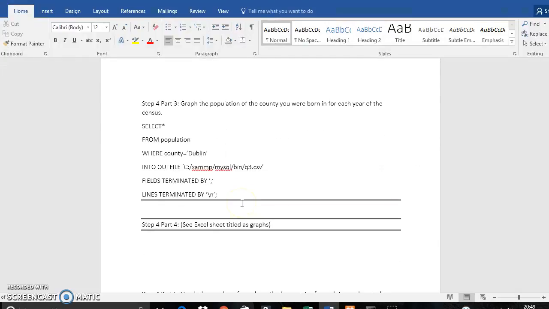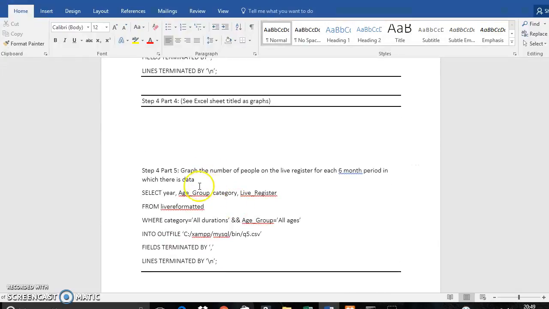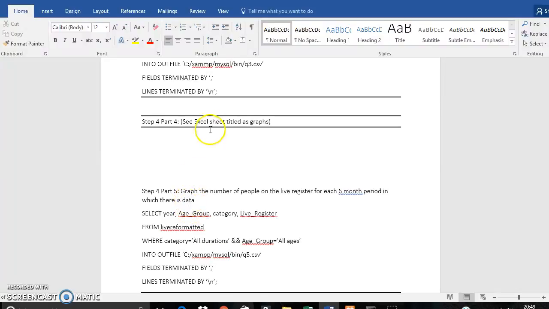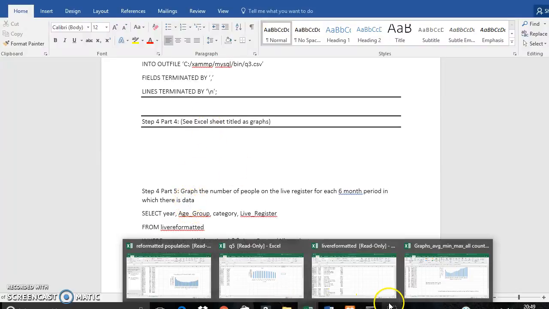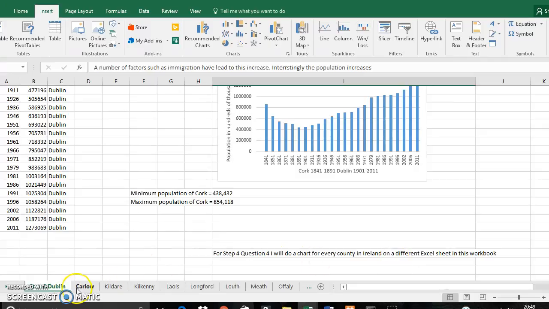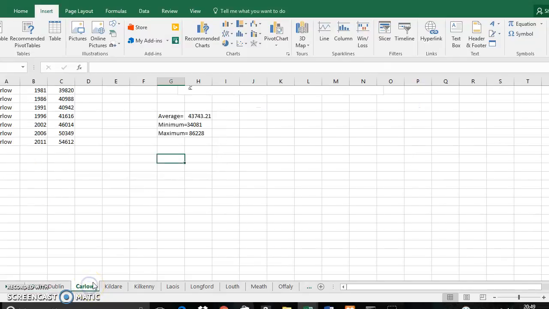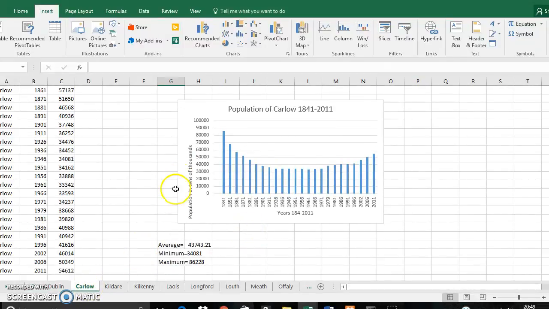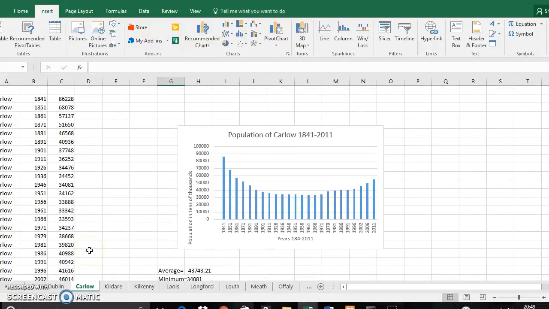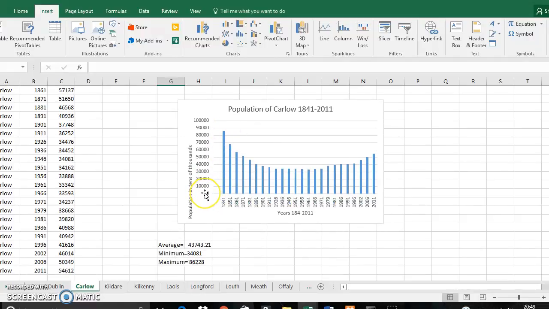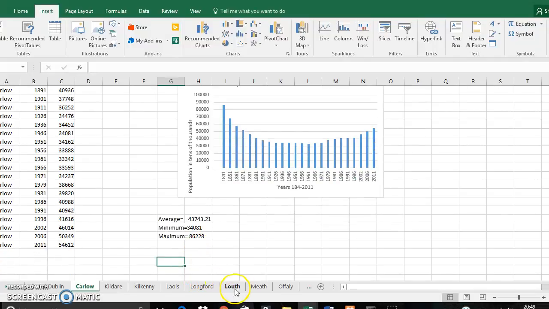And then question 4. Oh yeah, I have question 4 in the Excel sheet as well. So question 4, I have graphed the population and did the average, max and min for every county in Ireland. As you can see, this is Carlow, and for quite a large chunk of counties, the highest population was in 1841, such as Carlow here. You can see it was 86,228,